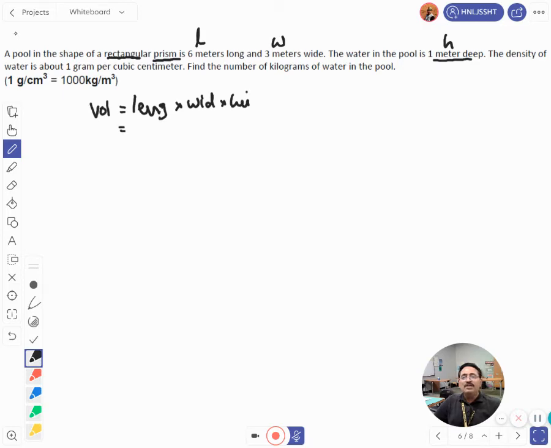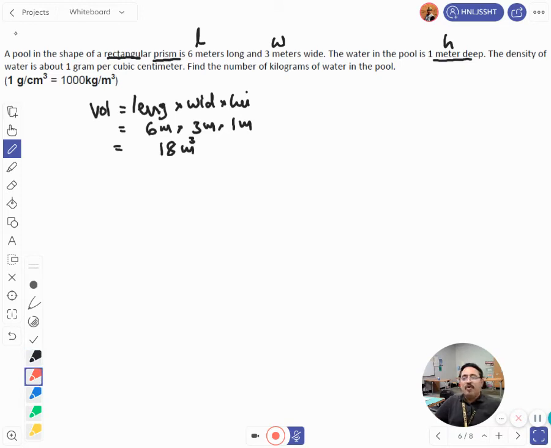Now let me plug in these values. Length is 6 meters, width is 3 meters, and height is 1 meter. So here 6 3s are 18, 18 times 1 is 18 cubic meters. That's the volume. Next, here